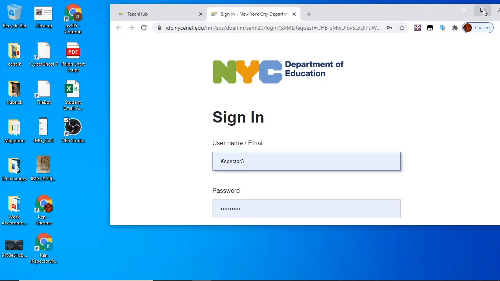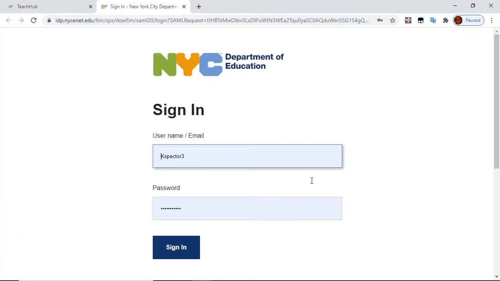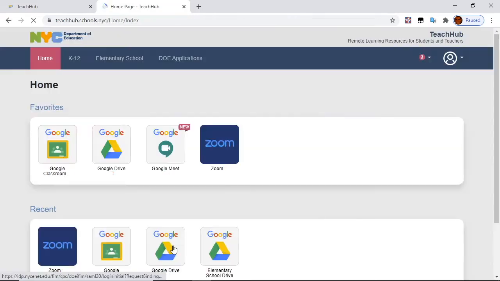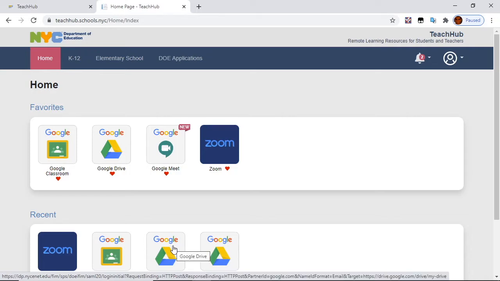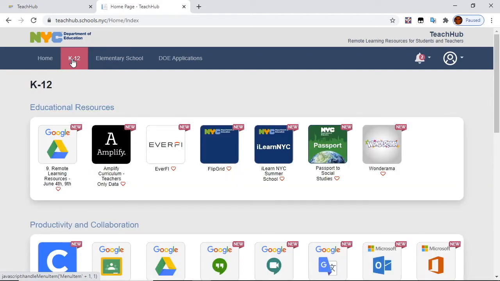Now, what comes up is this sign in. So you want to sign in with your DOE mail system account and password. So it's the same thing you sign in for the DOE's mail. So there you go. I press sign in. It takes you to the home page. So I put these favorites in here, but you have no favorites yet. So what you have to press is K to 12, which stands for kindergarten to 12th grade for those of